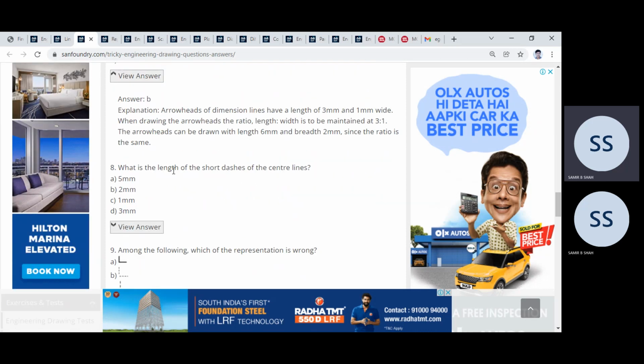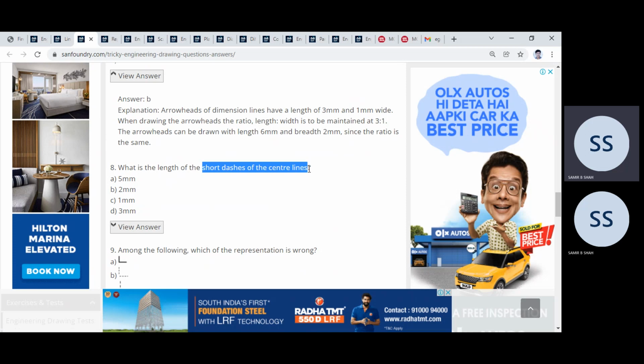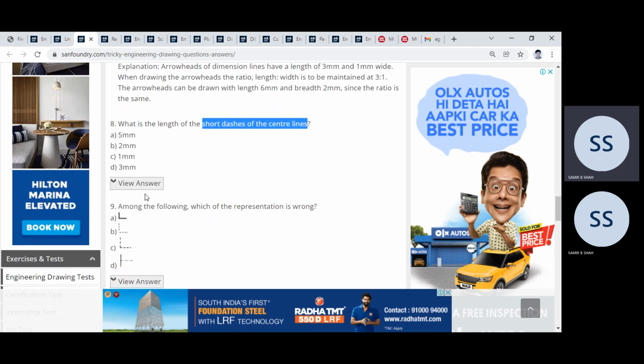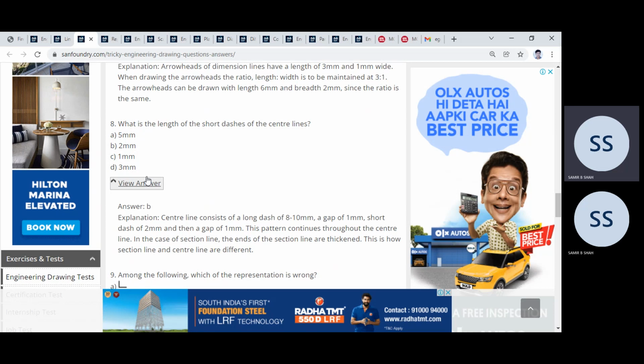What is the length of the short dash in the center line? And see, every time in the first lecture we have discussed that we give the dimensions. Okay, and it is a specified dimension for short dashes in center lines. So the dimension is considered as up to 2 mm,